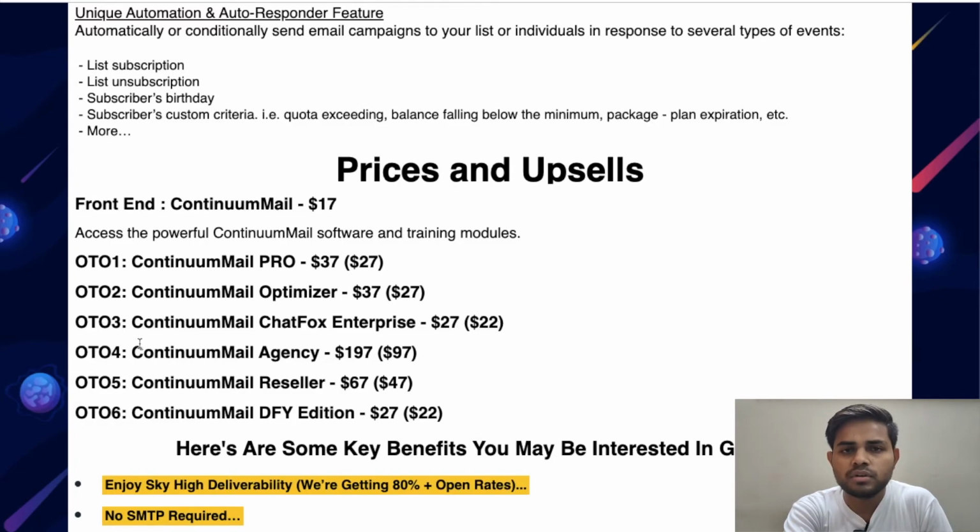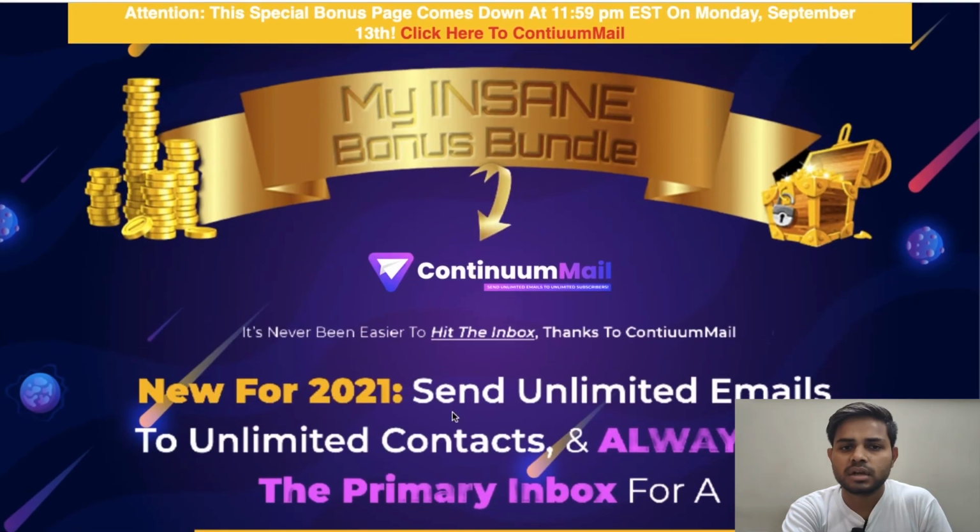And OTO 4, which is Continental Mail Agency, its price is $197, and the downsell is $97. And OTO 5, which is Continental Mail Reseller, its price is $67, and the downsell is $47. And the last is OTO 6, which is Continental Mail Done For You Edition, its price is $27, and the downsell is $22.